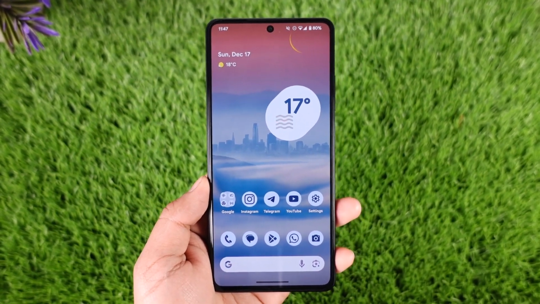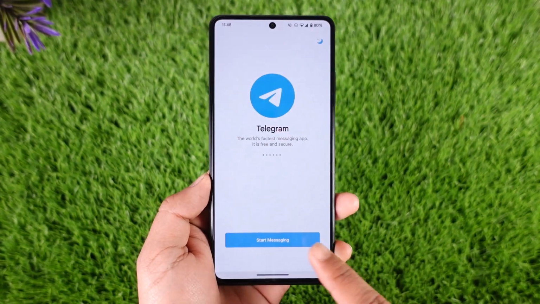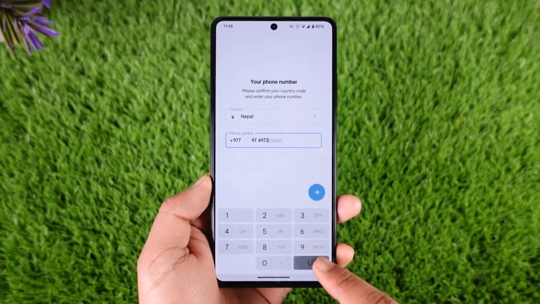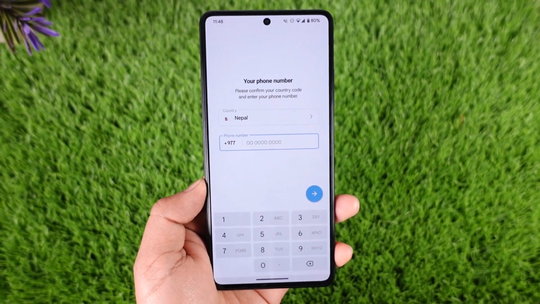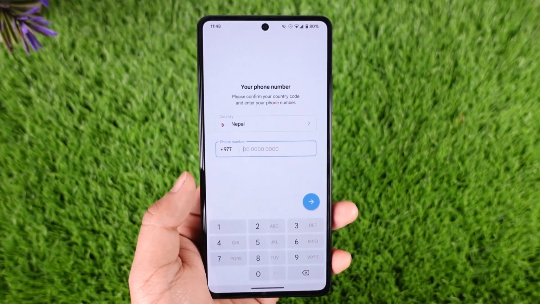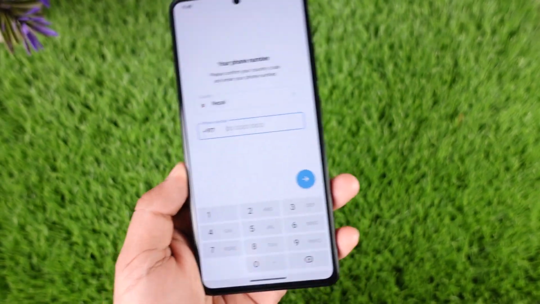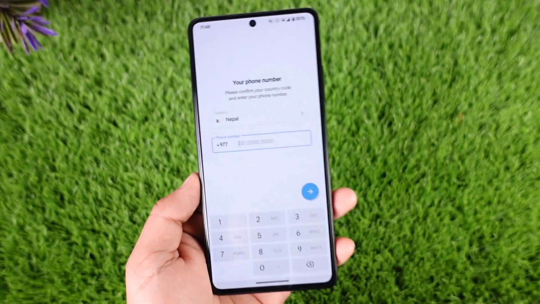Now if you want to make a Telegram account without a phone number, you can see if I open up Telegram and then here you can see start messaging. Right off the bat it's going to ask me to select my country code and then my phone number, and only then I will be able to access Telegram. And as you can see here, we don't have any option to create an account with email or anything like that. So if Telegram themselves is not allowing you to create an account with email, no one else will be